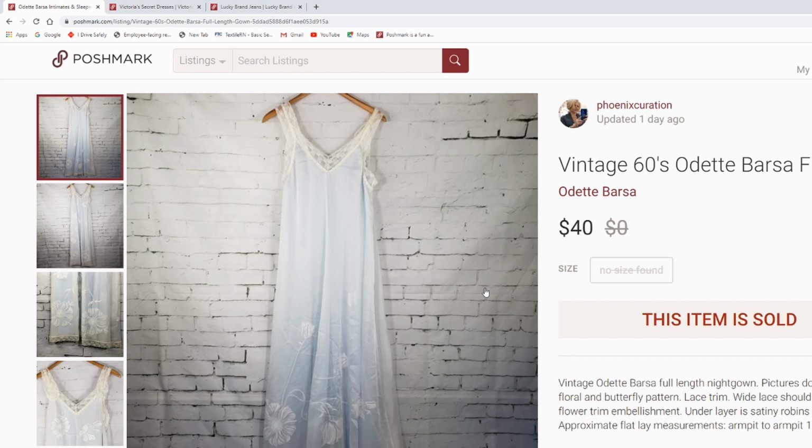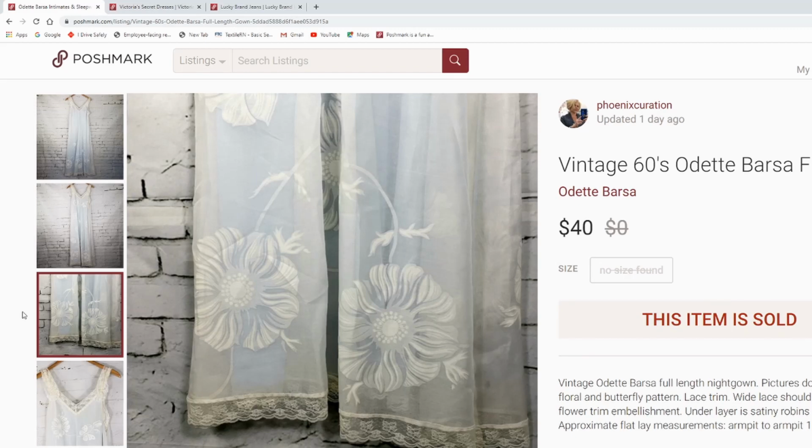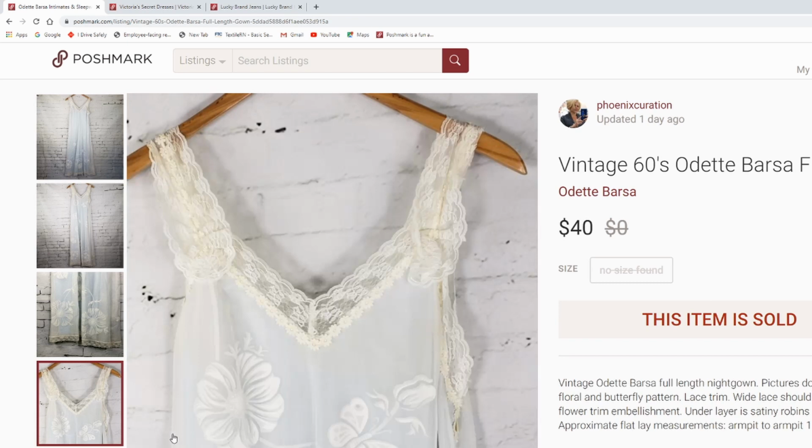This is a vintage long nightgown, Odette Barca, full-length gown. I hope I pronounced that right. Vintage lingerie does pretty good. We've sold quite a few pieces of it, and it comes from the bins, I think. What I've gotten comes from the bins. This was a gorgeous, gorgeous piece, and it was someone's throwback, and I can't believe somebody threw this back. The detail is incredible, and it certainly does not do it justice in this photograph, and whoever bought it knows what they bought, because